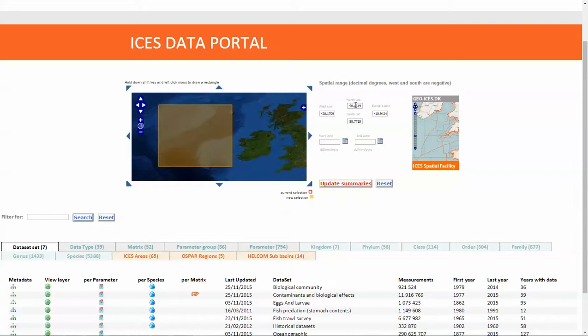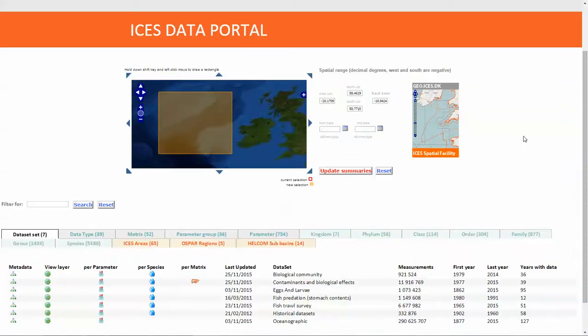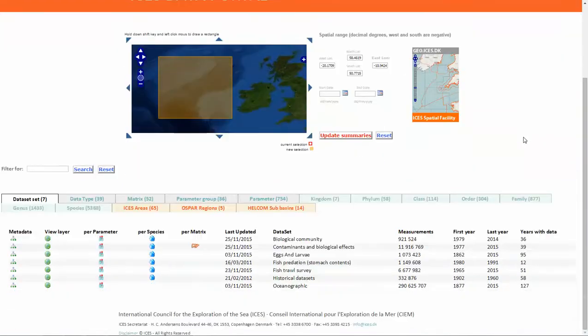So you can see we've got the latitudinal and longitudinal coordinates here, which obviously are quite useful. Okay, then what you need to do is click Update Summaries,